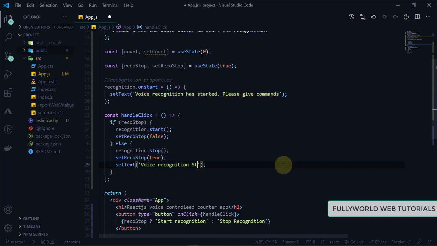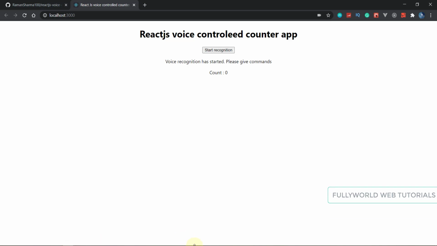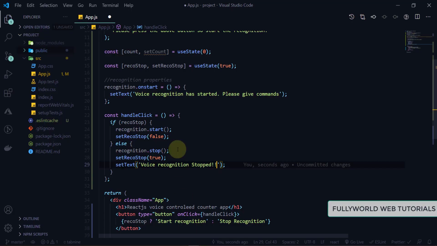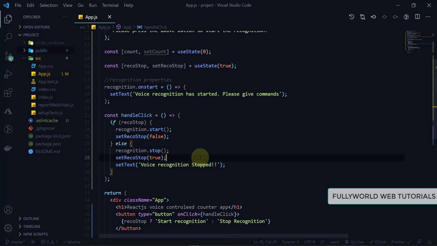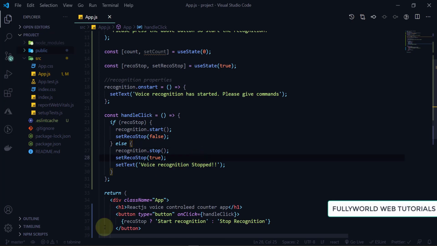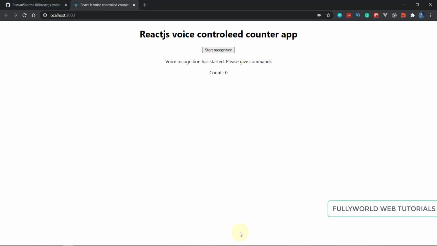Voice recognition stopped. So save it, and I think it is saved. I don't know, today it is taking time for saving. That is because of my extensions here. Now it is saved successfully, and it is compiled successfully also.